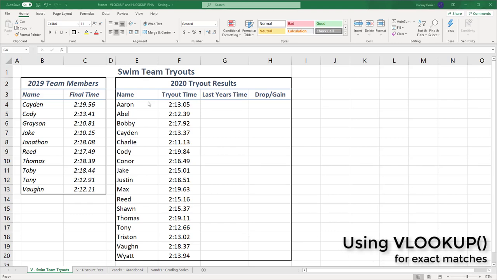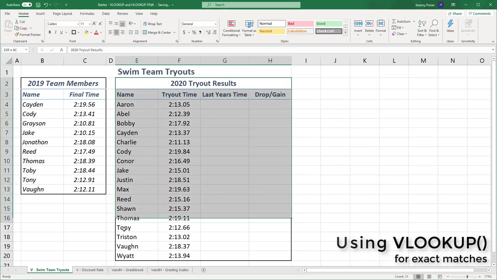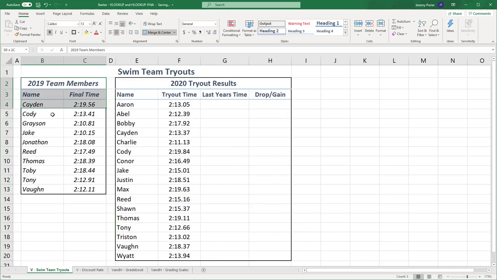In this spreadsheet, we have a list of swimmers that have tried out for the team this year and a list of members that were on the team last year. Both of them have times associated with them. For instance, Caden has a time for his tryout, and he also has a time that he earned last year